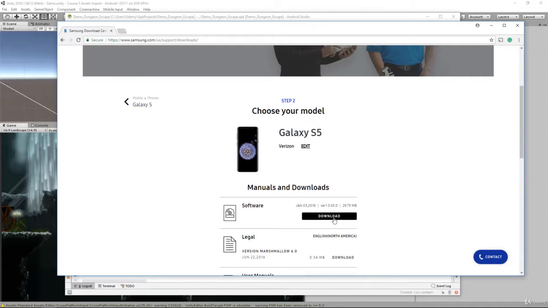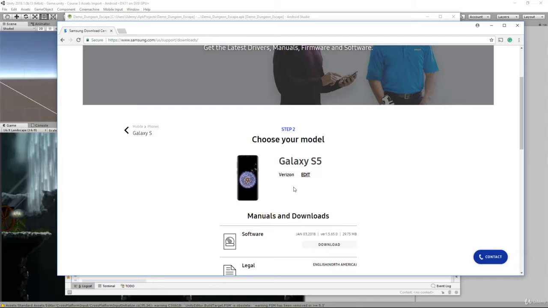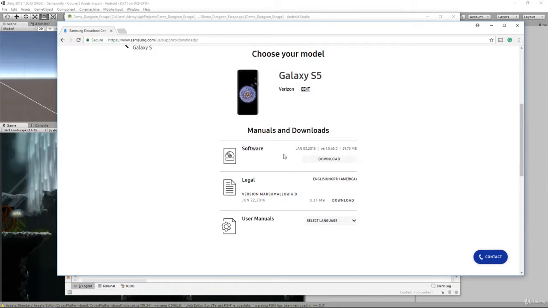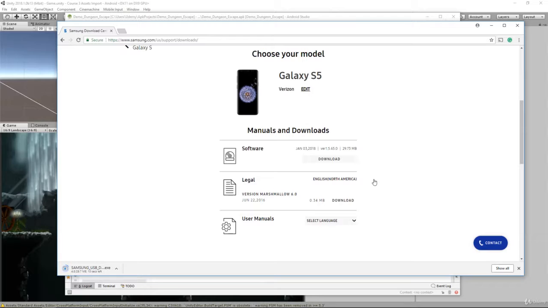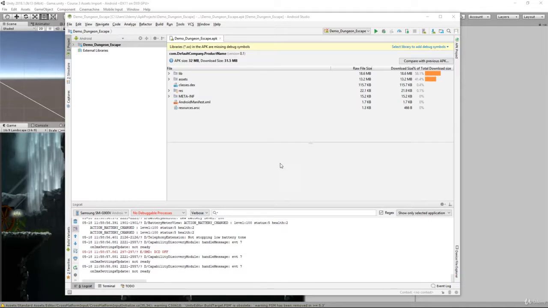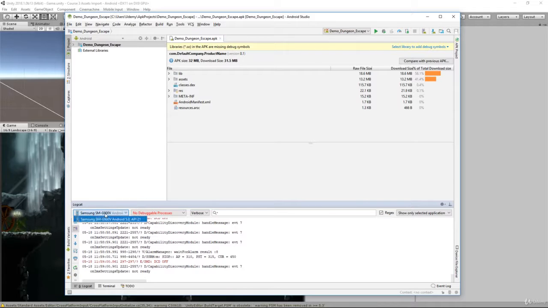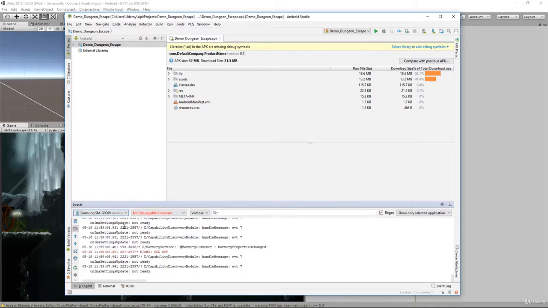From there, you'll confirm, and it will then download your software. So here it says software, go ahead and download that. Hit continue, it's going to download it. Accept the terms and run that application. That's going to basically install the drivers so that your Windows PC and Android Studio can then detect your Android device. After you successfully install that, it should then prompt you automatically that, hey, we found your device, and it will assign it right here. The next thing we need to do in order to get these logs to show is